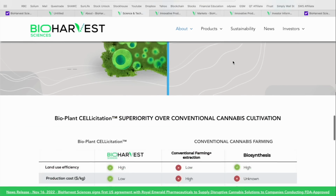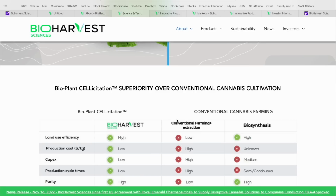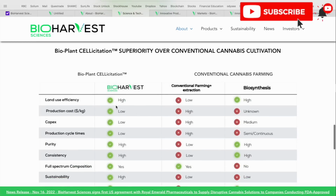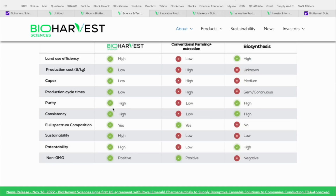So this 5-step process is really what gives BioHarvest and this bioplant solicitation process a major point of differentiation over conventional cannabis cultivation or any other practices for extracting these desired cells. So whether you're talking about production cost, capex, actual land requirements, production time cycles, purity, consistency, or sustainability, BioHarvest has a clear advantage over any of the traditional farming or extraction techniques. And they're also able to patent this technology and ensure that there's no chemicals or GMOs in these products, which is a major point of differentiation and acts as a major barrier to entry for other companies wanting to enter